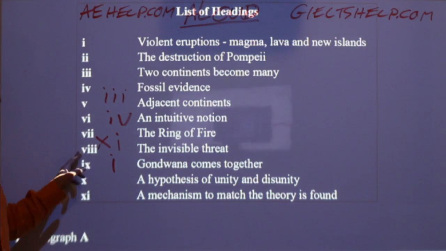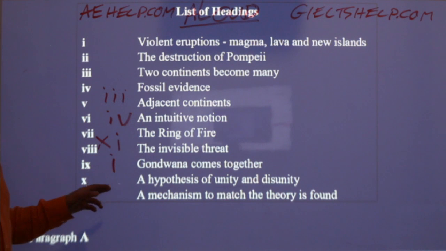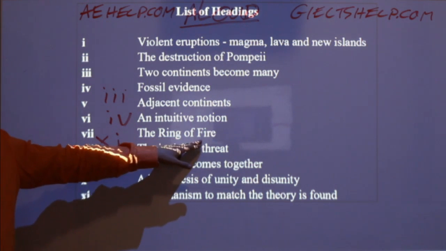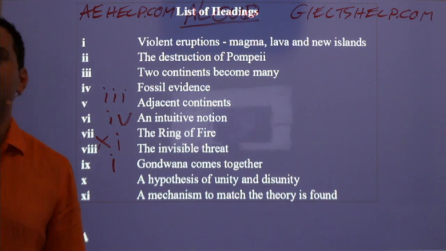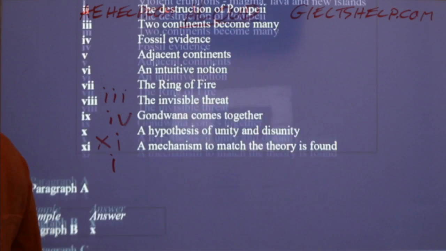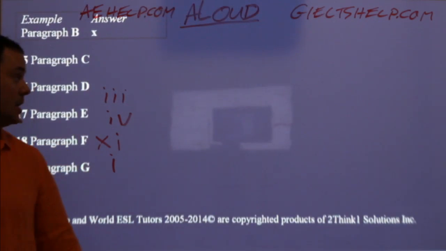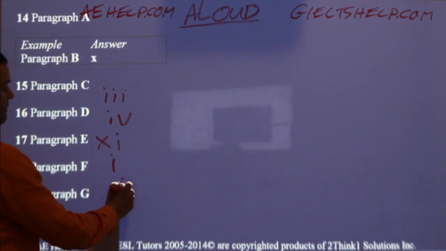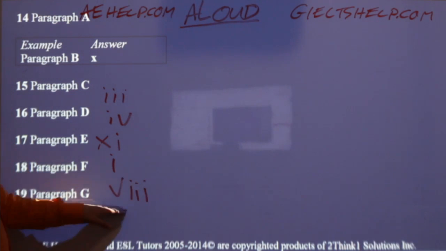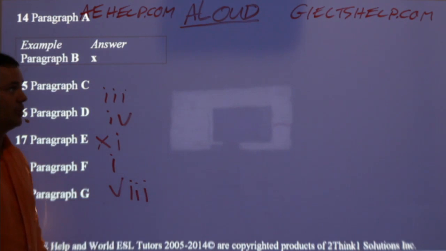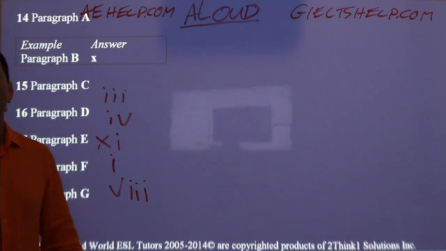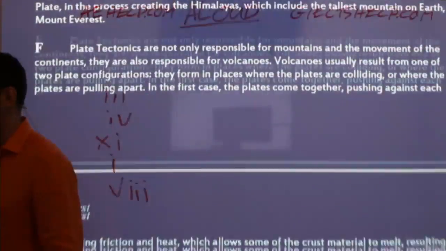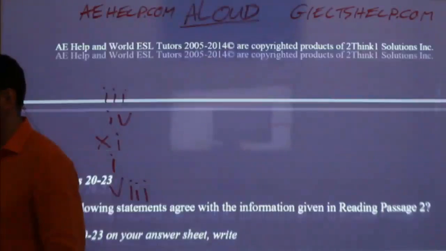It's Roman numeral 8. Okay. Again, notice that the paragraph does talk about the Ring of Fire, but that's just an example. Okay, it's just an example. So here, the correct answer is 8. So Roman numeral 5 followed by 3 ones, which is Roman numeral 8. Okay? All right, students. So now that we finished reading the paragraph and answering the list of headings,